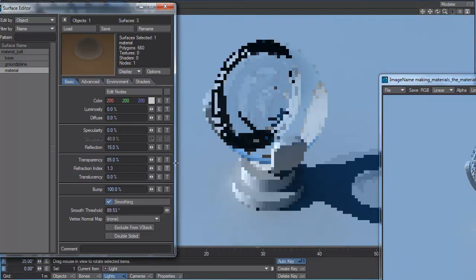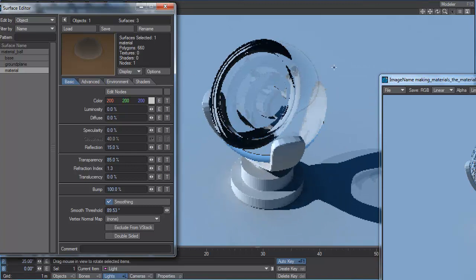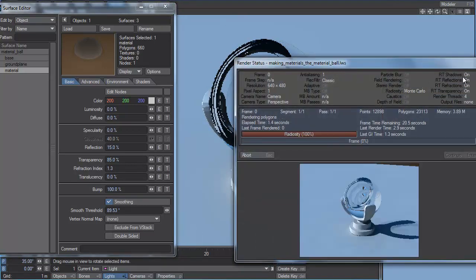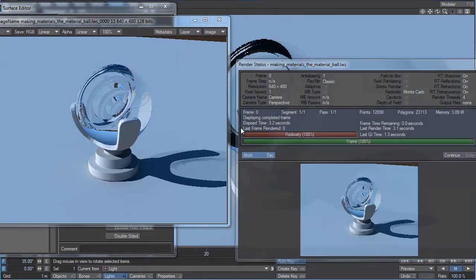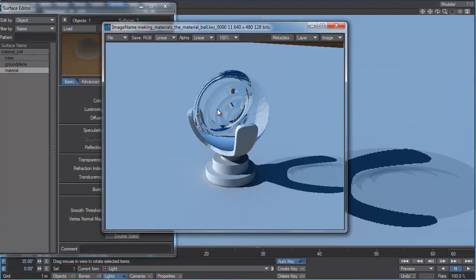So let's turn on smoothing. That helps clean up a bunch of stuff. And I'll do another F9 render on that. So there we go. That's feeling a fair bit like glass, but it still has issues. First of all, the shadow cast by the glass, while it is transparent, looks incredibly fake. We have to recognize that this glass is thicker in some areas than it is in others, but this shadow is not recognizing that. The ray tracer is only recognizing a single opacity for the whole object,